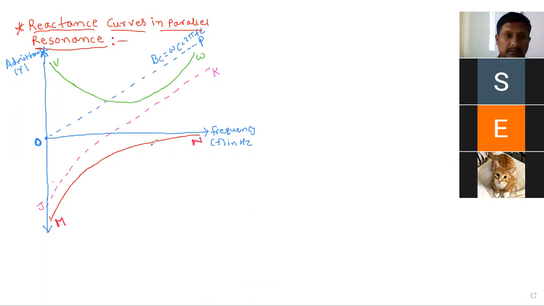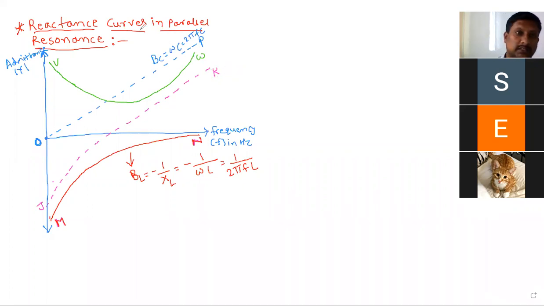Now next, this is the what? The red color one. The red color is now obviously exactly opposite to series resonance. So this is what? BL. BL means what? As it is negative, it is called minus 1 upon XL. So minus 1 upon XL means what? Omega into L. So that is nothing but 1 upon 2 pi f into L. Okay. So this MN is what? Minus 1 upon omega L. Okay. Omega is 2 pi f into L.